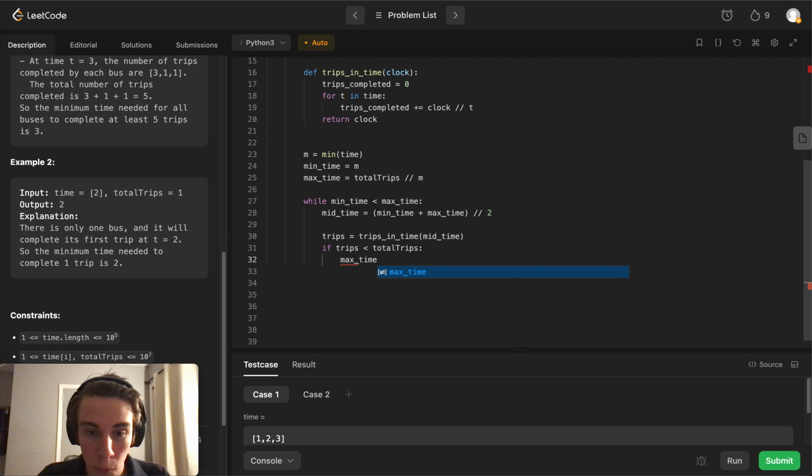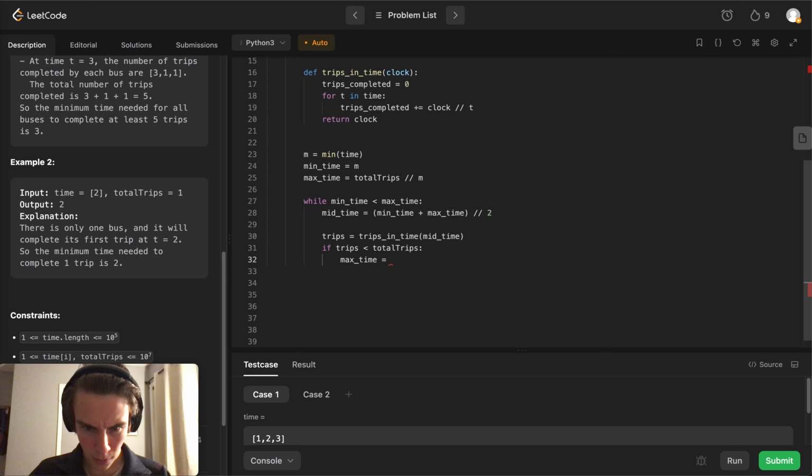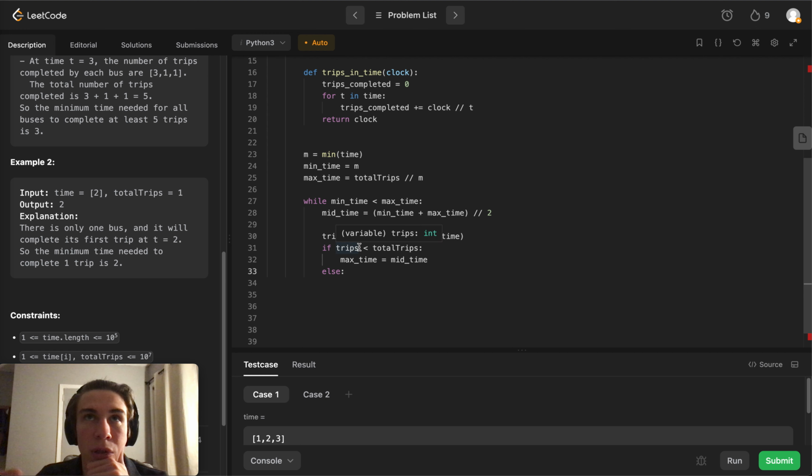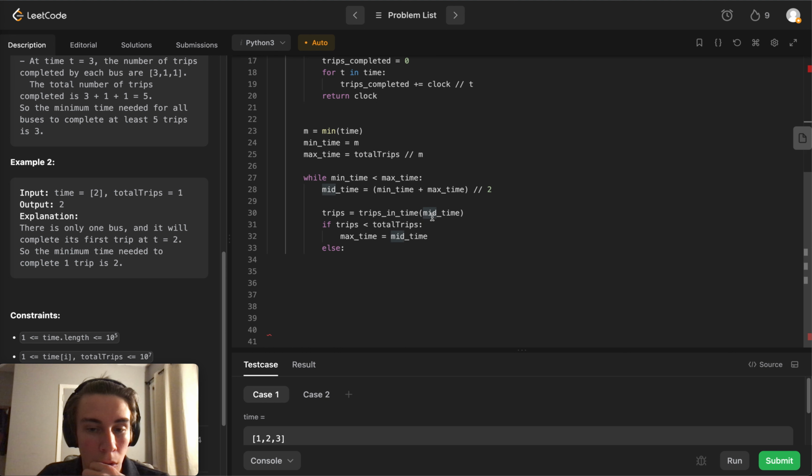Max time, we know that it can't be mid time. But else, if trips is greater than or equal to, so if our mid is greater than or equal to,